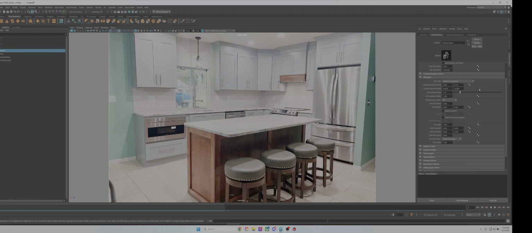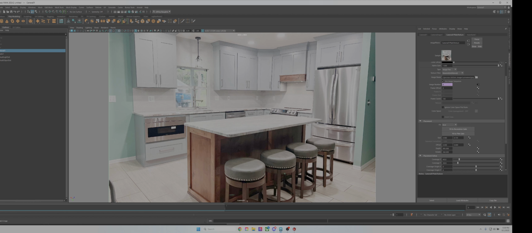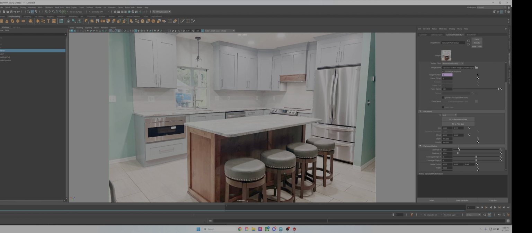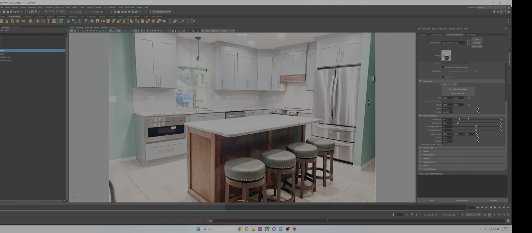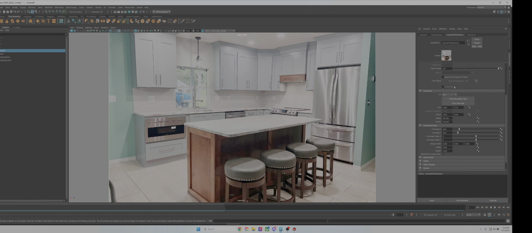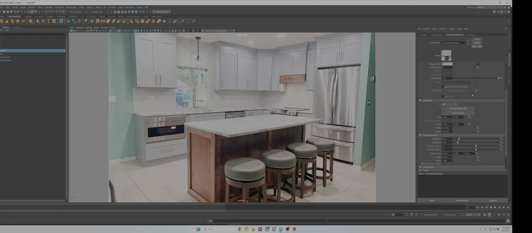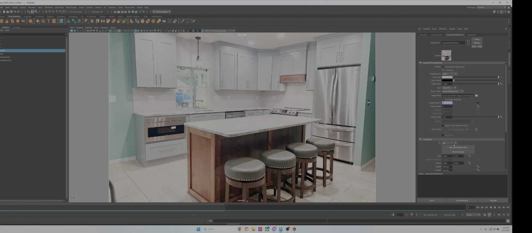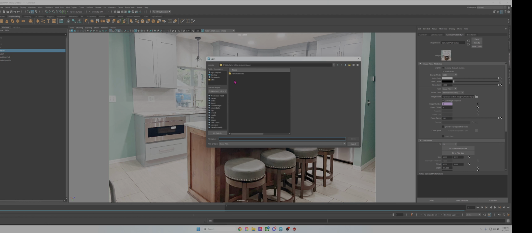You know what? I'll just reinsert the texture. This needs to be fill, I believe. Fit the resolution gate. And then I'll just